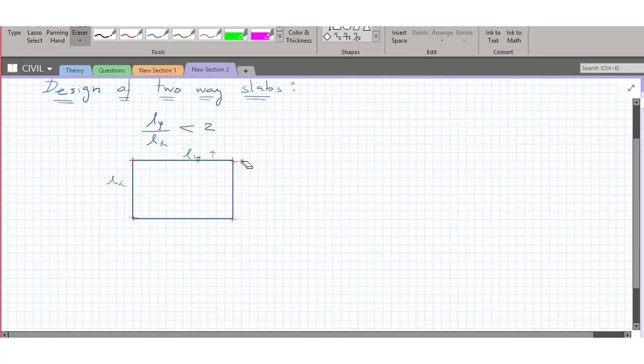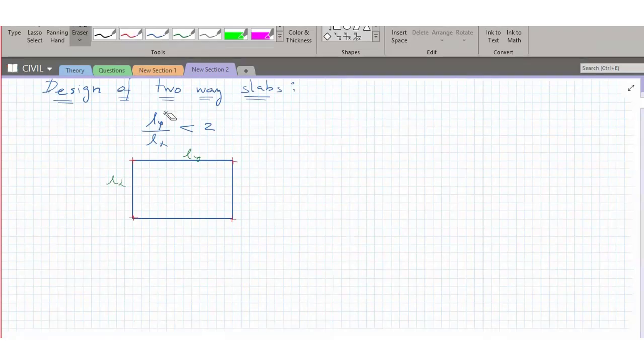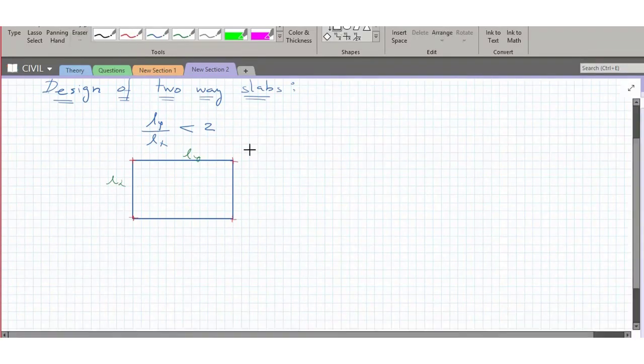But say you extend the slab like this. If you extend this slab by providing a column here, what difference can you see?